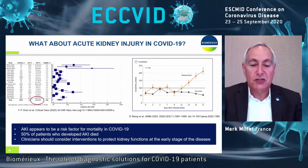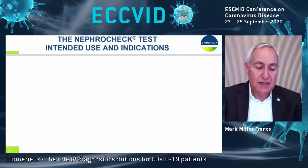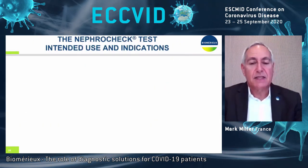About half of patients who do develop AKI with COVID-19 will die. And so clinicians should really consider interventions to protect kidney function when these patients are first seen. What does that mean? Well, there is a test called the NephroCheck test that's produced by bioMérieux, and the intended